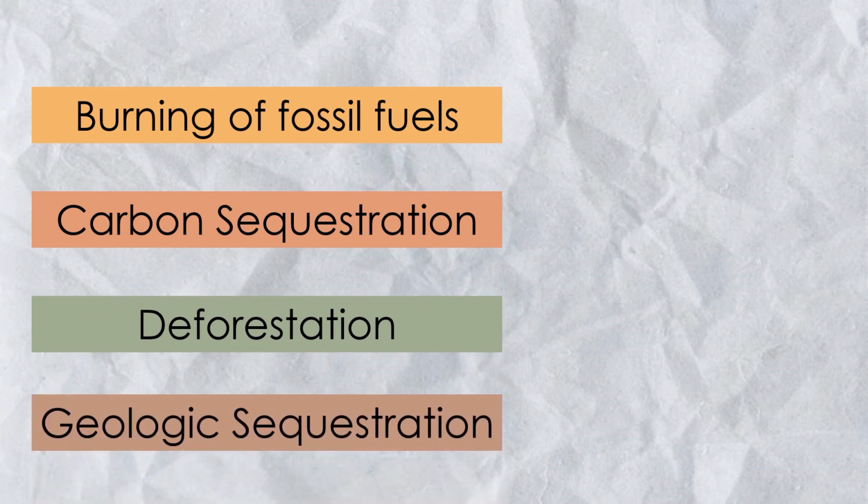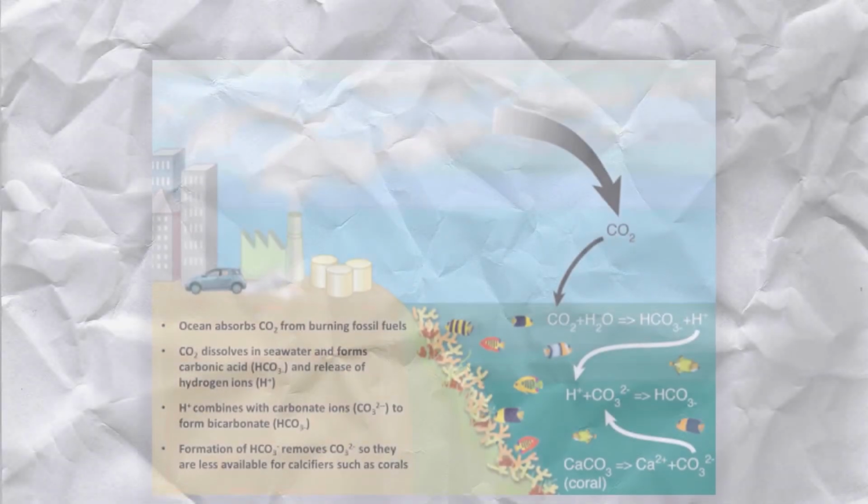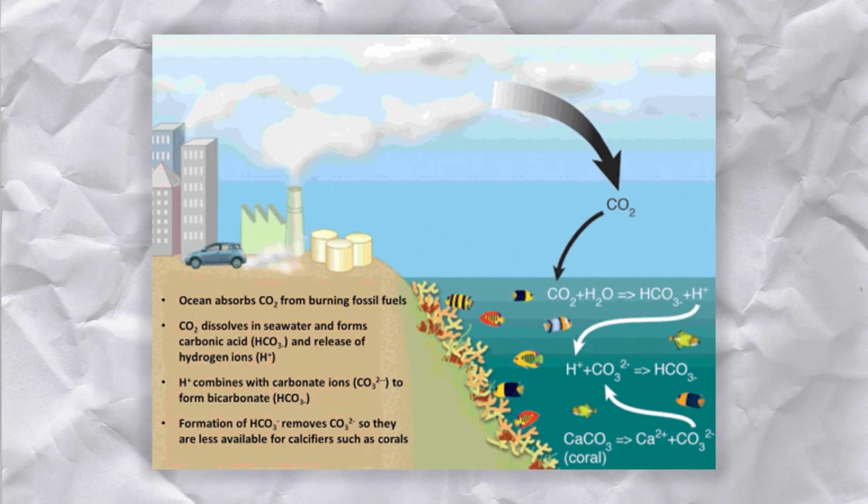About half the carbon emitted by human activity rises into the atmosphere, where it helps contribute to global warming. The other half is absorbed by oceans, which lowers the ocean's pH through a process called ocean acidification. It also affects watersheds and plants as part of what's known as the carbon sink. The amount of carbon dioxide in the atmosphere is rapidly rising. It is already considerably greater than at any time in the last 800,000 years, which is detrimental to the world and the species that live within it.